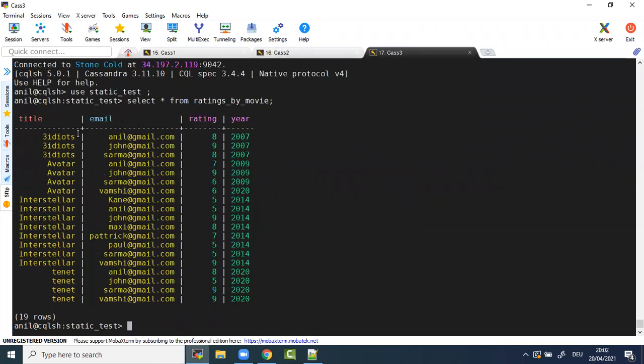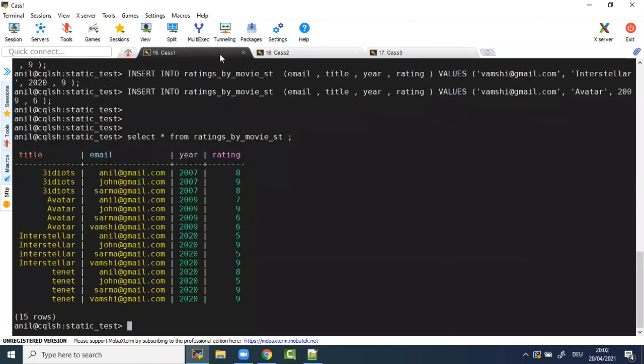Yeah, so the representation is exactly the same, but see how the static column will bring the difference here. Now same story, the Interstellar movie was released in 2020. I mean, it was a mistake. We have to change it to 2014.